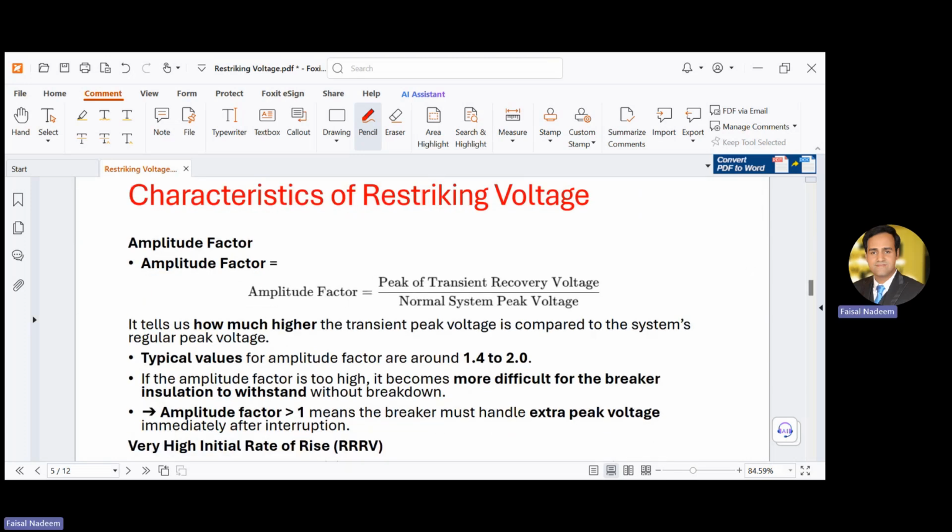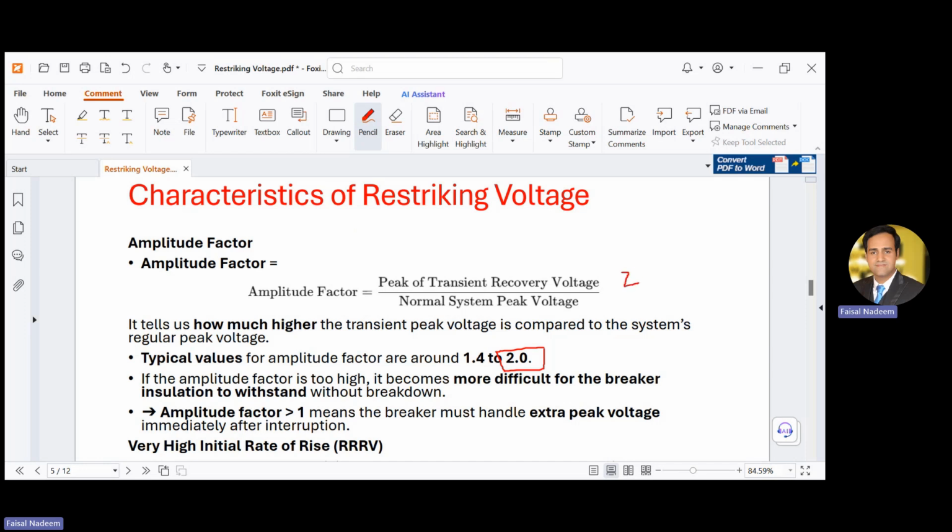So what does it tell us? It tells us how much higher the transient peak voltage is compared to the system's regular voltage. Typical values of the amplitude factor are around 1.4 to 2. This transient recovery voltage can be 1.4 to 2 times the normal system voltage. However, it cannot be more than 2, because the peak of the transient recovery voltage is 2 Vm,